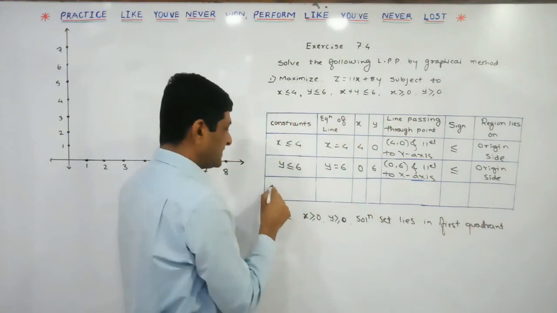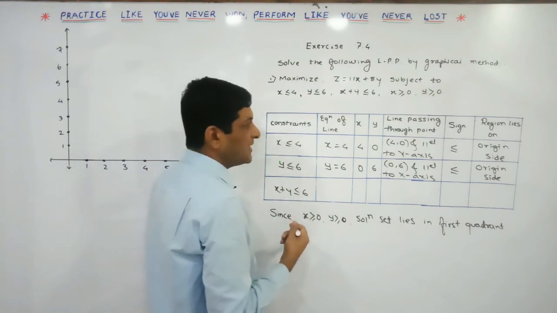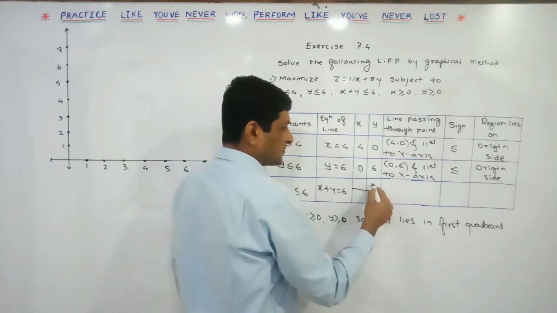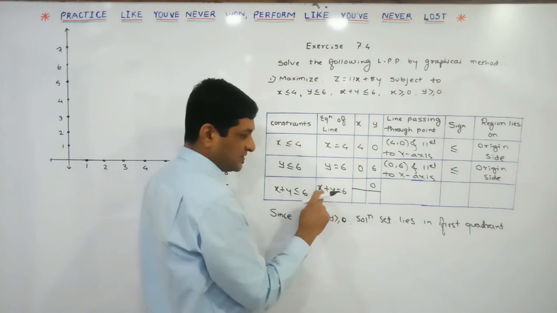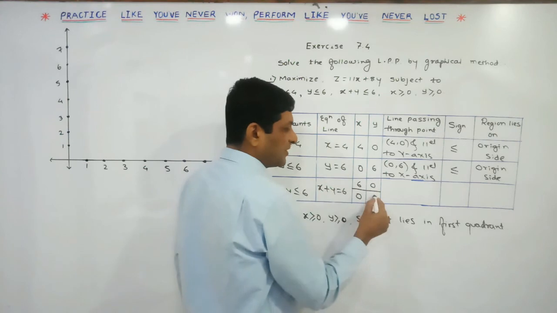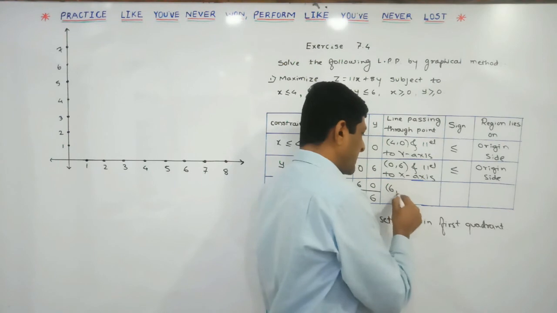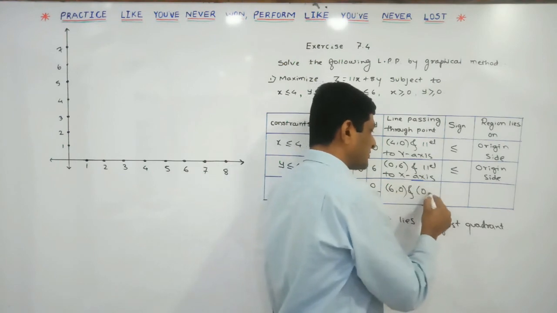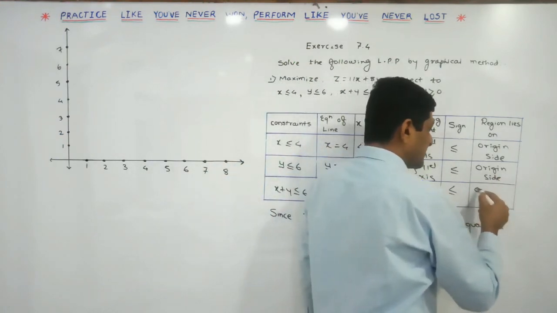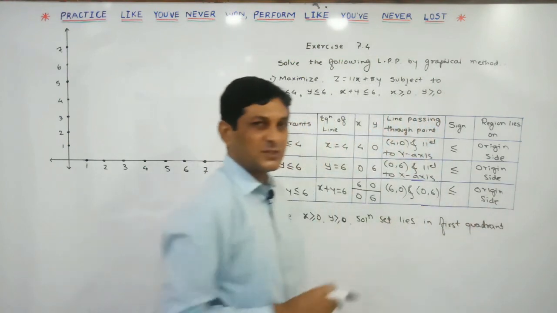Now consider the next constraint, x plus y is less than or equals to 6. To find out the coordinates of points on the line x plus y is equal to 6, first substitute y is equal to 0. If I substitute y is equal to 0, what will we get? X is equal to 6. If we substitute x is equal to 0, then y will be equal to 6. In this way we have got the coordinates of 2 points on this line. So we can say that the line passes through the points 6, 0 and 0, 6. In this case also less than or equals to is there. So that's why we can say that the origin side part will be our required solution set.